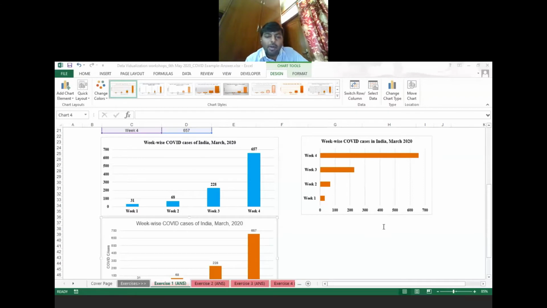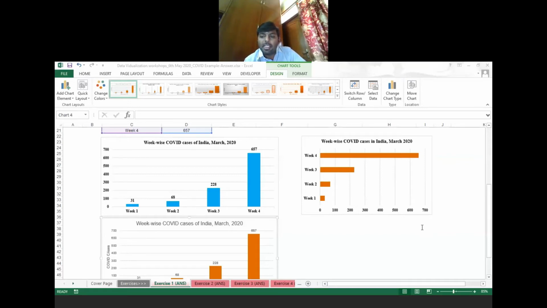I hope you people have already gone through the exercise he has given. You can practice for another 5 to 10 minutes with the sheet we have shared. You can take both the data, the COVID exercise sheet or a demographic exercise sheet. You can try any one of them, use the example data, make the chart, and then try the steps we have given in a different way. If you find any difficulty, let us know, so accordingly we can move to the next slide.